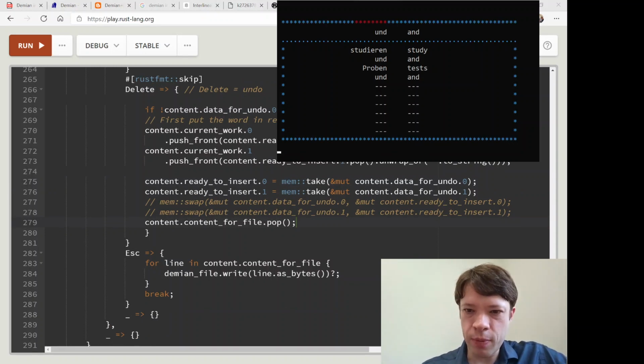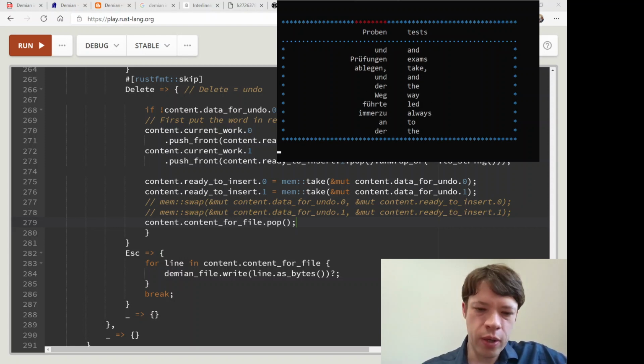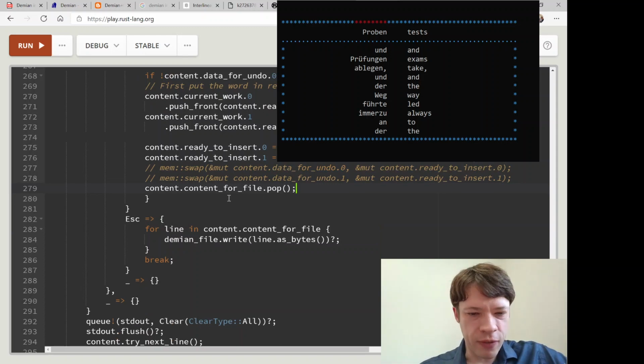So if we keep on hitting delete, you can see it's not doing anything. But if I hit enter and then delete, it'll do it. So there's only one undo, and that's it. We could easily have this whole vec of stuff that we did, and we could do undo for 10 or 20 times, but this is only for me, so I just want one.